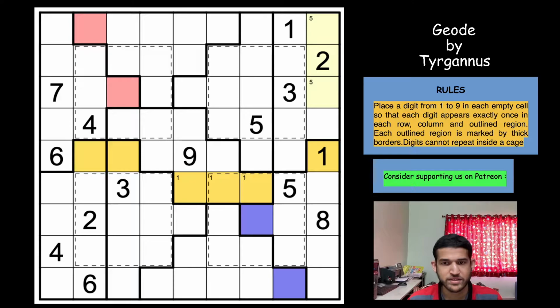Okay, so one more interesting thing is, I have too many colors here, so I need to remove some of these colors to explain this. So for now, I'll remove these colors, I'll put them back. So look at columns 2, 3 and 4. This cage contains one set of digits 1 to 9. This cage contains another set of digits 1 to 9. So we know that columns 2, 3 and 4 will have three sets of digits 1 to 9. So which means that